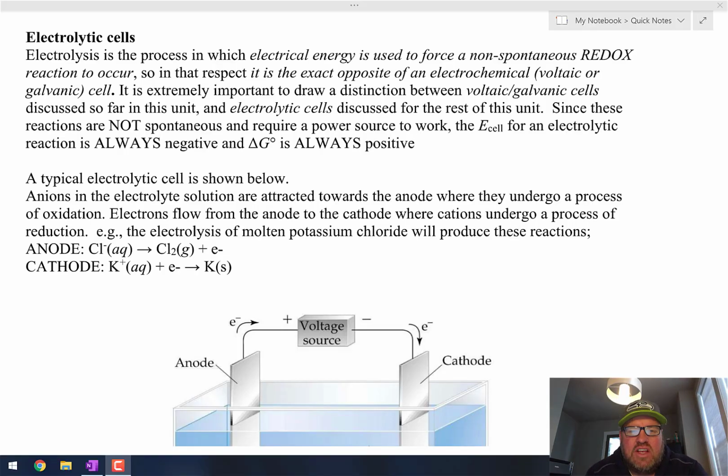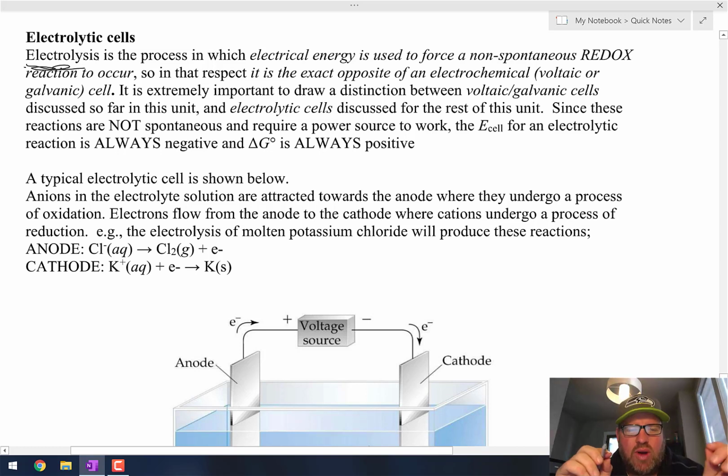Okay, so far all the cells that we've been talking about, as we know, have been voltaic or galvanic cells, which means the cell potential has to be positive. It means that it is a thermodynamically favorable reaction. The opposite of those types of cells are what are called electrolytic cells, where the process of what's called electrolysis